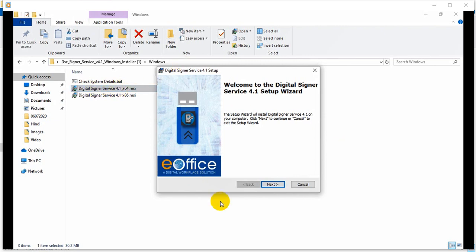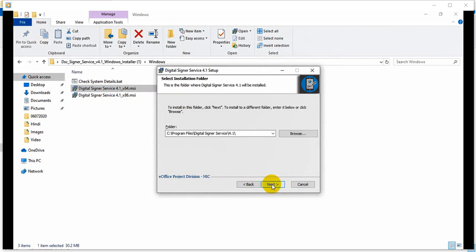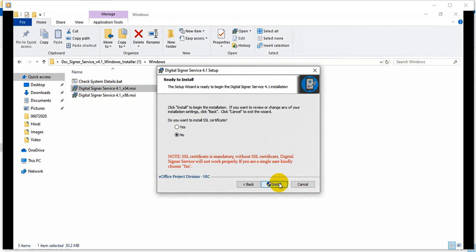So I did this on this computer and came back and clicked again on this and the screen came. So let us install, click on next, accept it, and next. Read here, click install, next. It's a normal message, right? Here you read it. It's asking, do you want to install? Yeah, all these messages you read. Just if you want to review or change your installation settings, click back; click cancel to exit the wizard. Do you want to install?